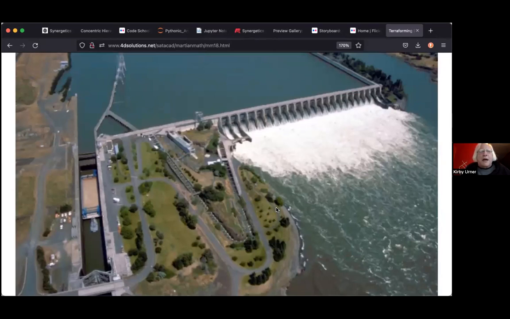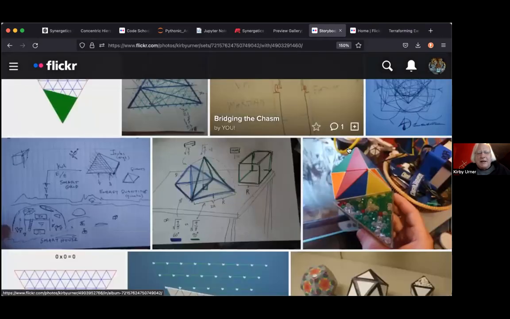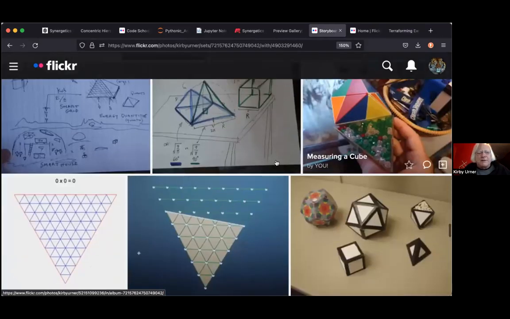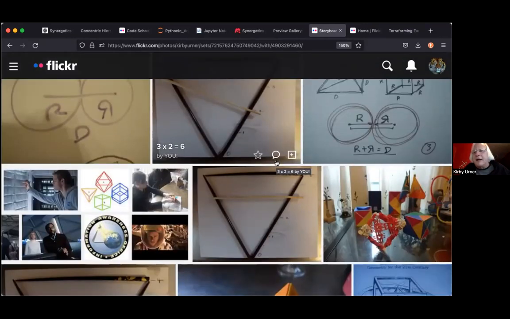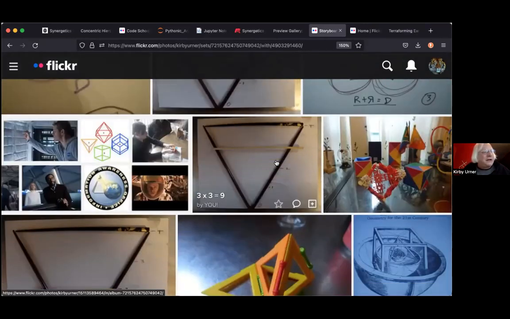And hydroelectric power, again, I'm back to my Martian Math storyboard. In addition to phasing in some of this synergetic stuff and the approach to polyhedrons, I want to talk about electricity and AC, DC, long lines. Even with kids, I don't want to just start with, here's a battery and here's a light bulb. That's how we often start with electricity. I like the SimCity approach. Here's a hydroelectric dam. Here's a city. Here's another city. How are they connected? Let's start more at the global level. We can work our way down to the battery and light bulb picture. But let's talk about